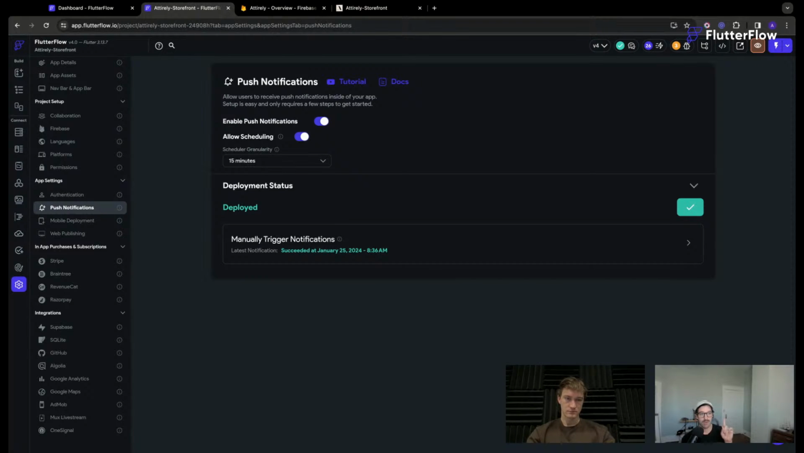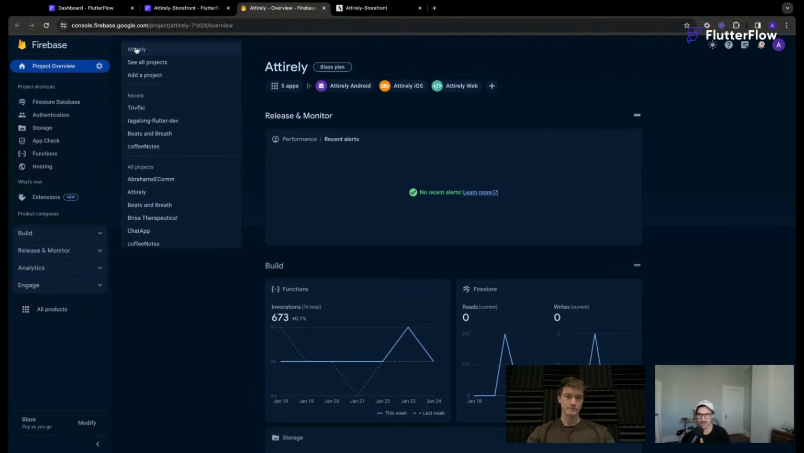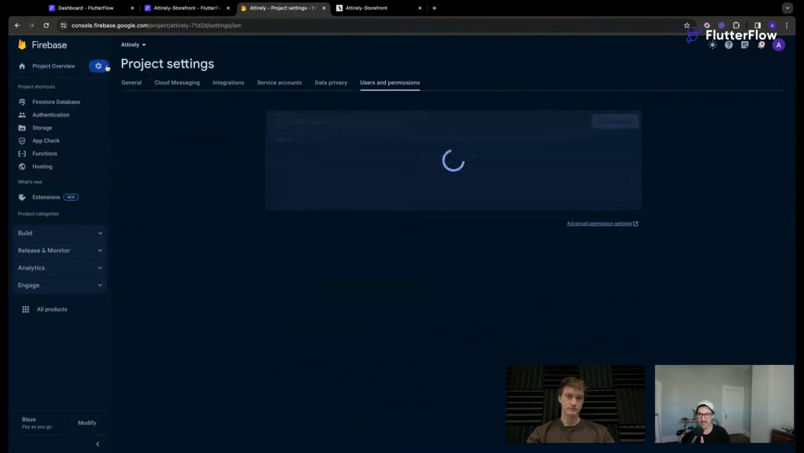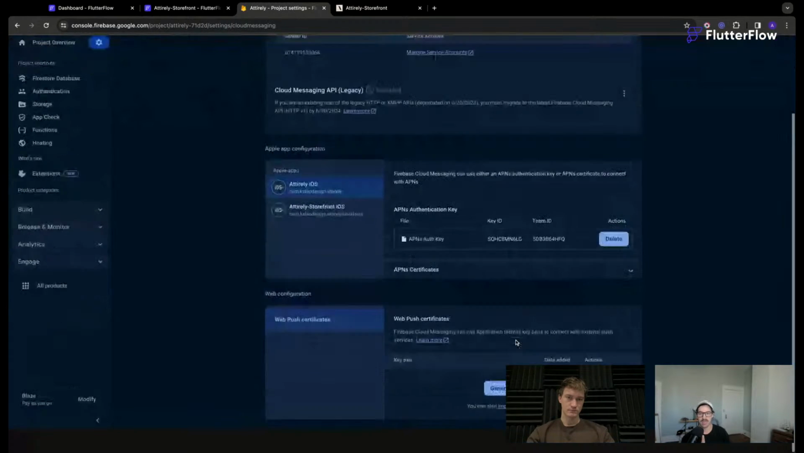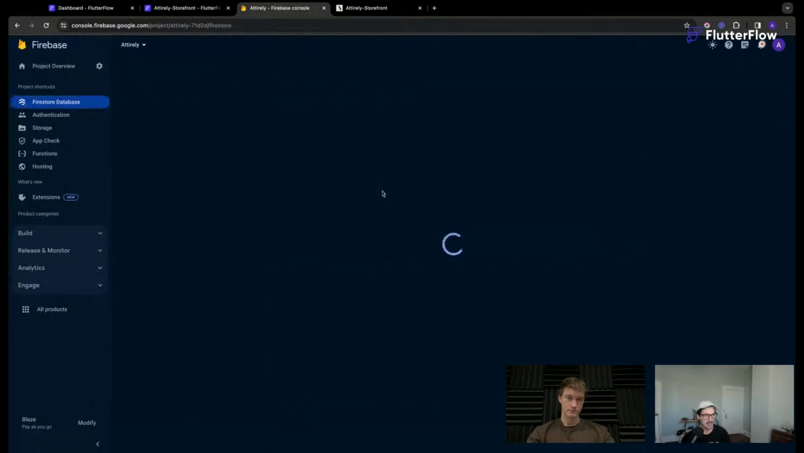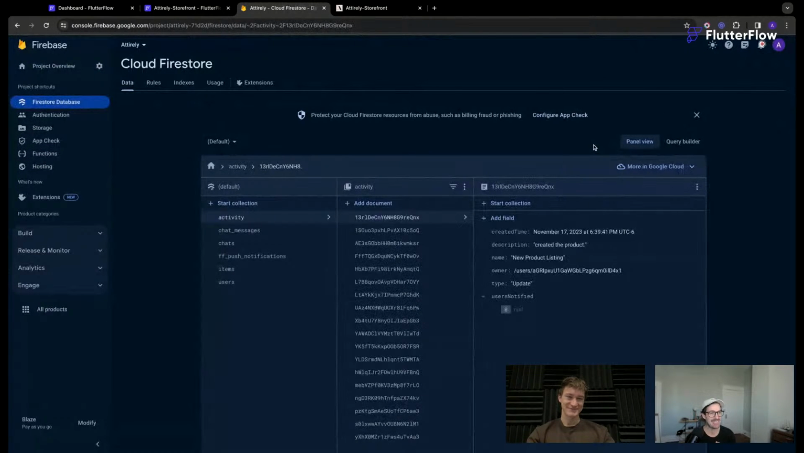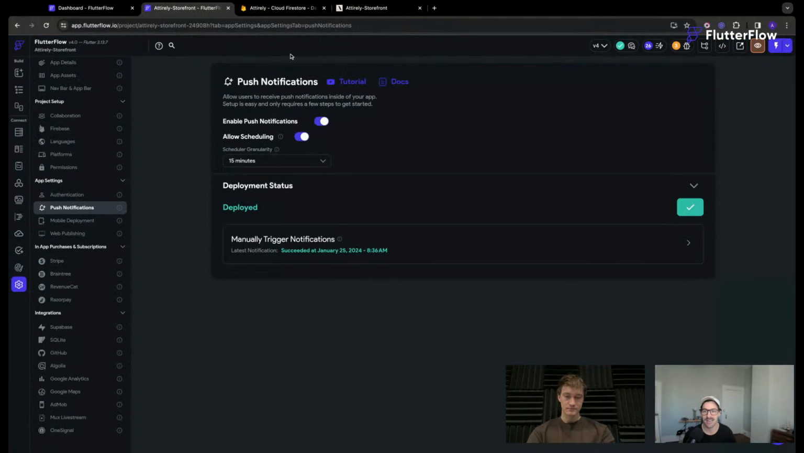One important step that I typically miss is uploading your APN key to Firebase. I can showcase that: if you go to settings, cloud messaging, you have to have your key. You might have to replace that key now, but you have to upload it to Firebase. That is super important. I've done everything else in FlutterFlow and missed that, and then haven't been able to